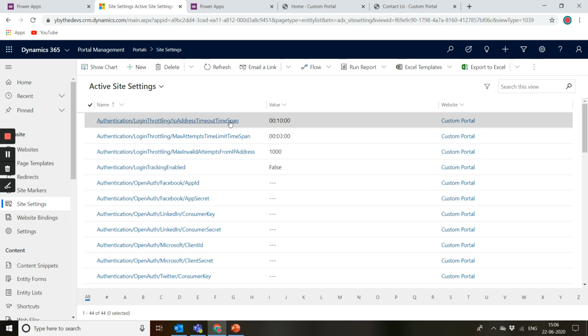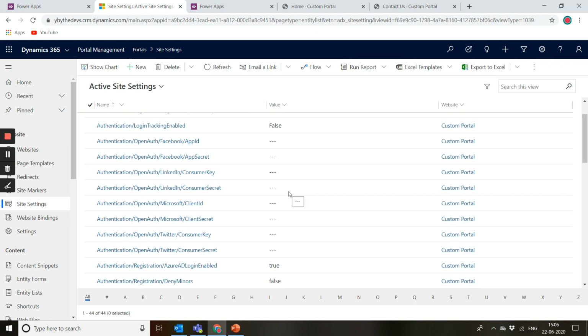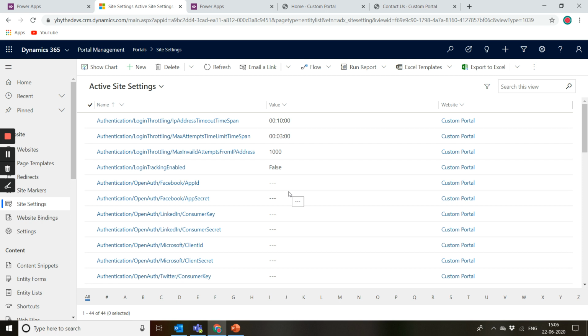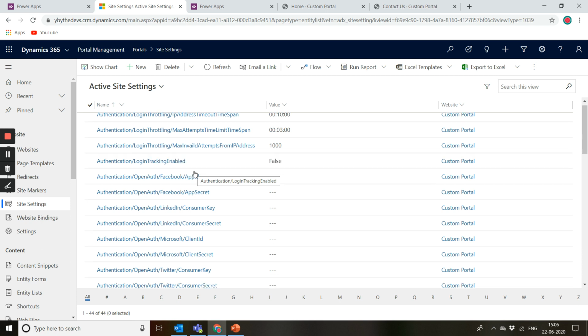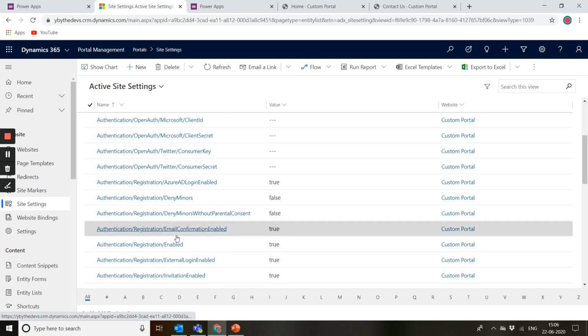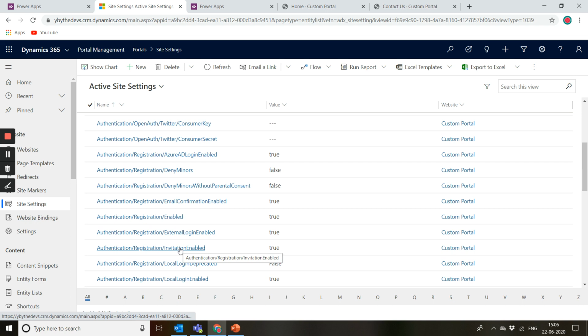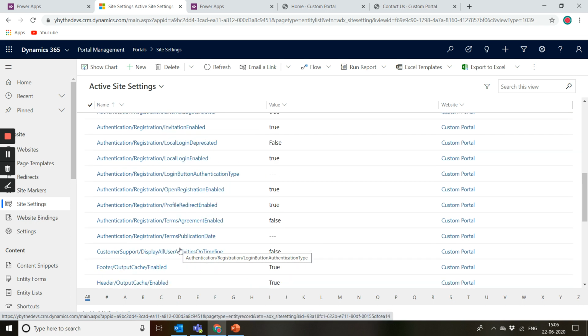Then there comes site setting. In this, you can set up different settings that are available for your portals. You can set up whether login tracking is enabled for your portal or not. If you want to set up a login throttling limit, like the number of maximum attempts allowed in a specific span, or there are multiple settings for authentication-related things as well.